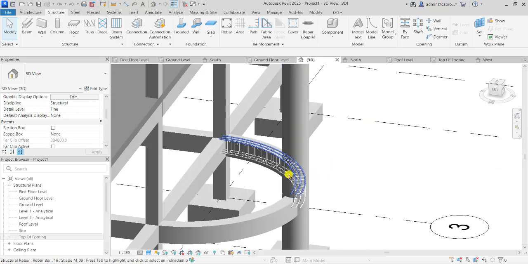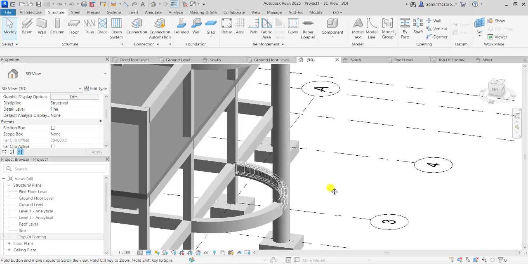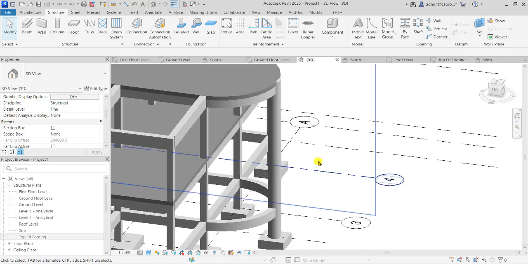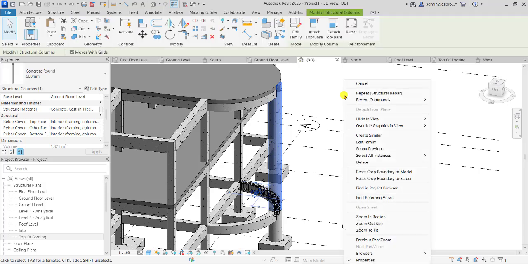Down here you can see the curved beam. If you want to know how the curved beam was detailed, it's in my previous lesson. Go there and then I'll show you how it works. Great. Now back in here you can select it, but let me select this column element and come to